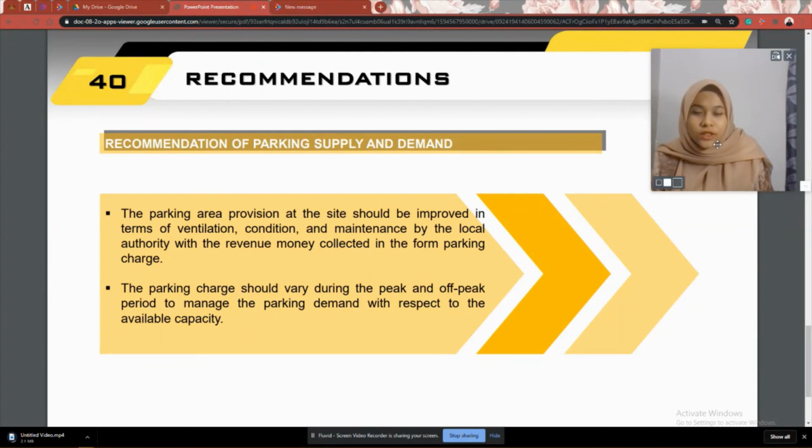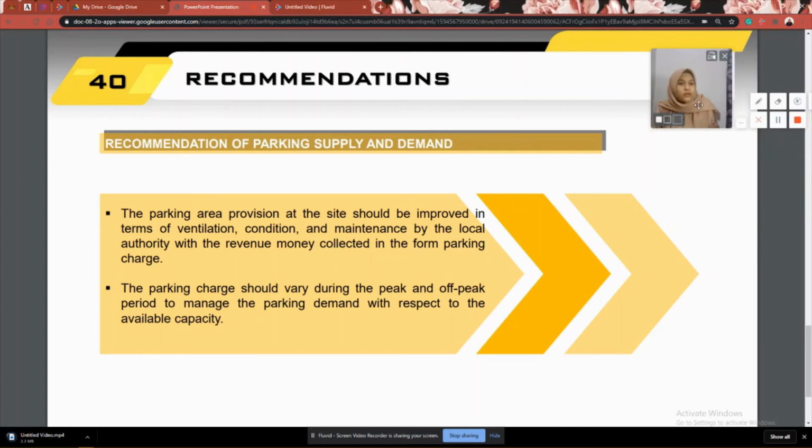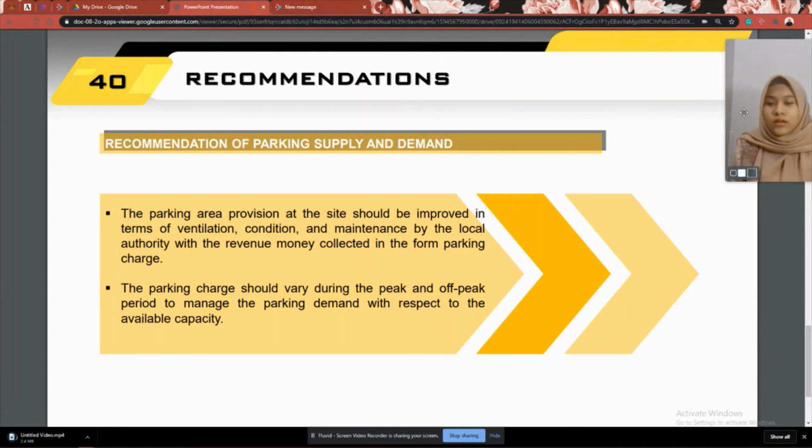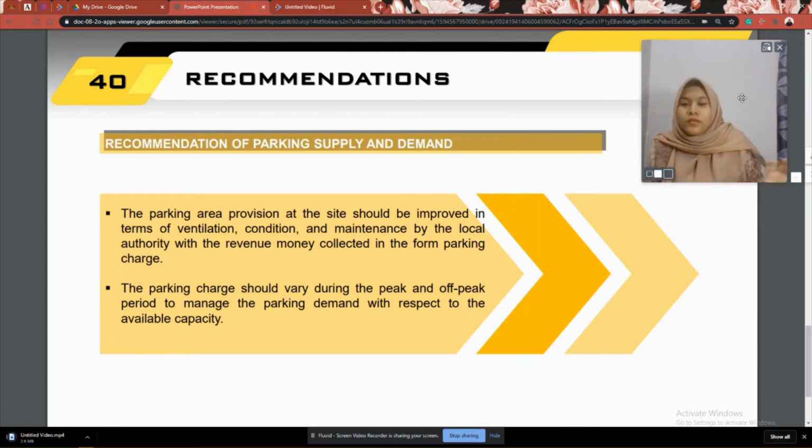Next, I would like to present about the recommendation of parking supply and demand. There are two recommendations on parking supply and demand. First recommendation is the parking area provision at the site should be improved in terms of ventilation, condition, and maintenance by the local